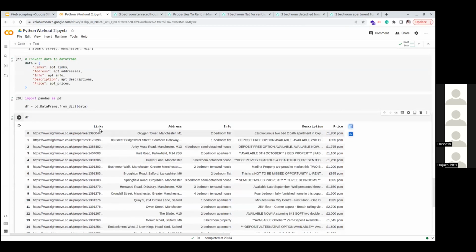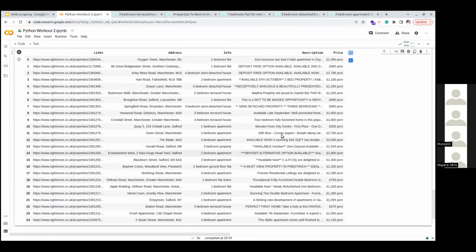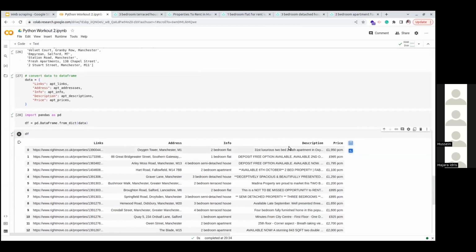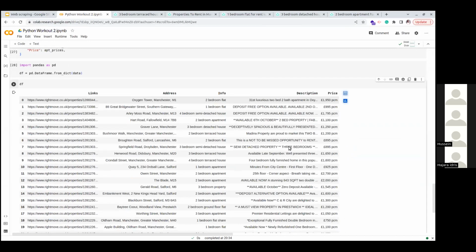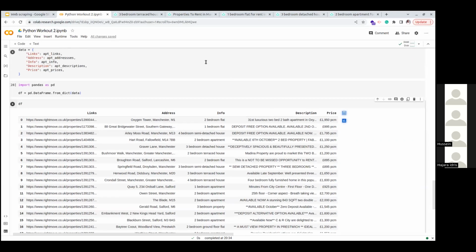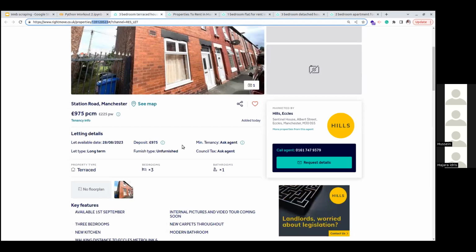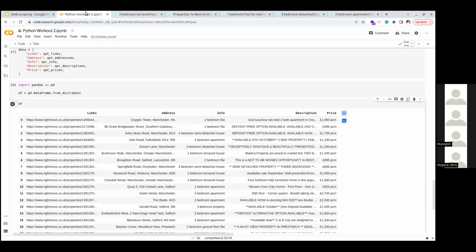So everything is, you can see now, this is a data set. If I want to do a house regression task, where I'm building a model that should tell me what the price of a house should be, this can be my features. Of course, this is too small: address, info, and description. So that's where you can go to the extra page and gather even more data sets for each of the houses.